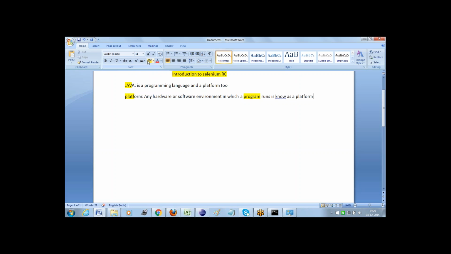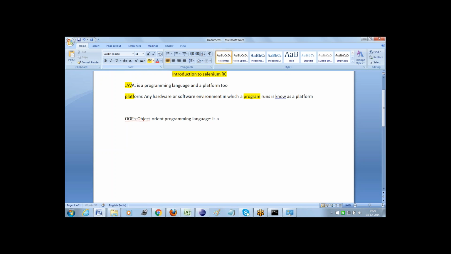Okay, that's fine. And one more point here is that any programming language which supports object oriented programming concepts, we can call that programming language an object oriented programming language. So what exactly do OOPS concepts mean?